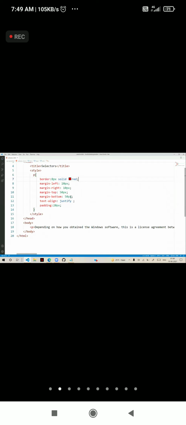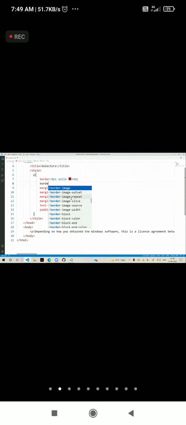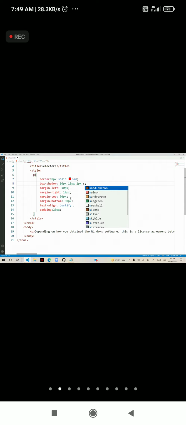Just box shadow. In the box shadow, horizontal 10 pixels, vertical also 10 pixels, and blur is 2 pixel, and it should be red color, gray color, or say like black color.